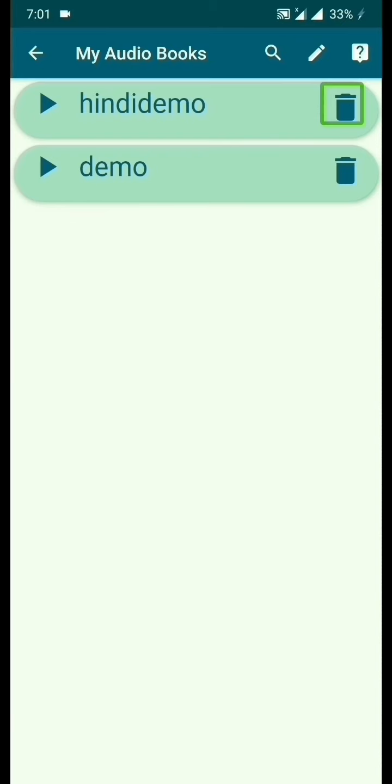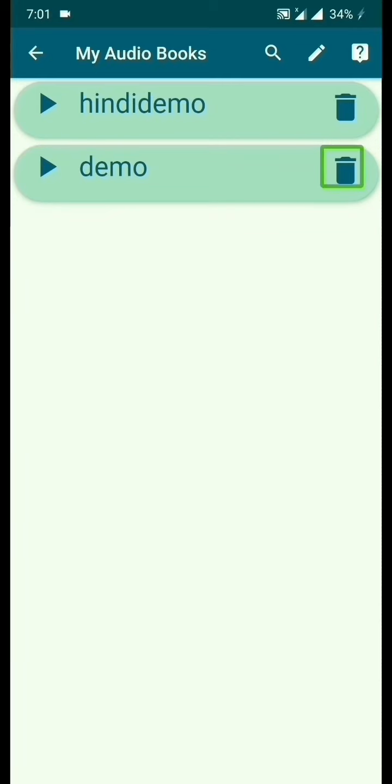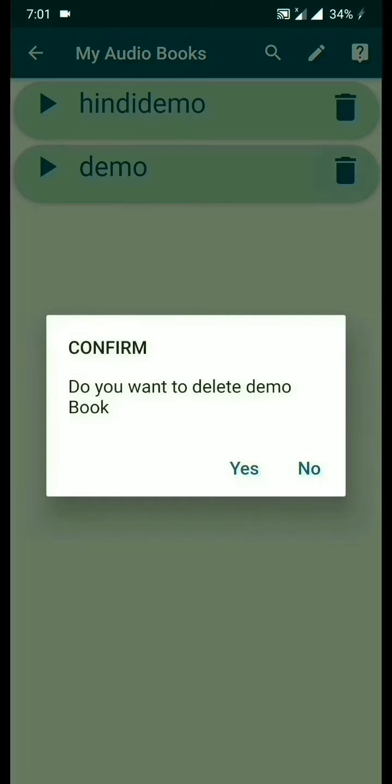So if I swipe right, Demo. Double tap to read audiobook. So there is this demo audiobook which we first created. And also if I swipe right, Delete demo audiobook button. It says double tap to delete audiobook. For every audiobook there will be a delete button. So if you click on that, the audiobook will be deleted. So I'm going to select this delete button.